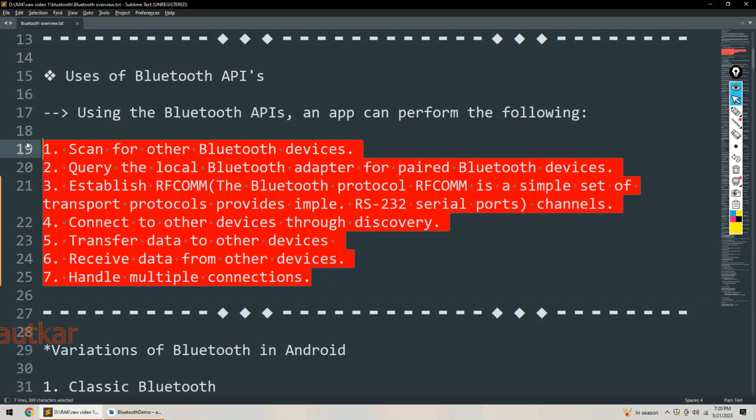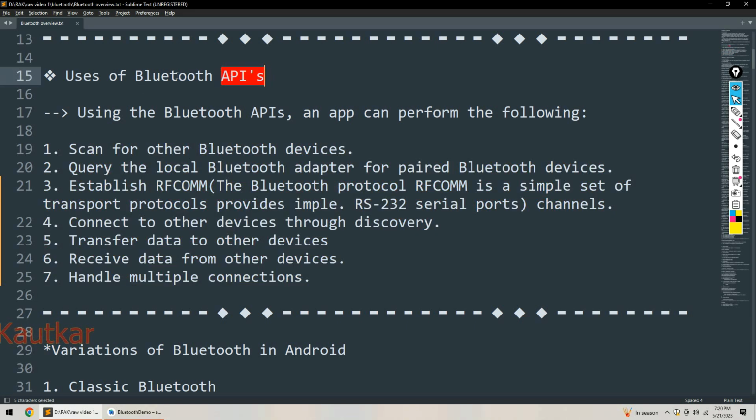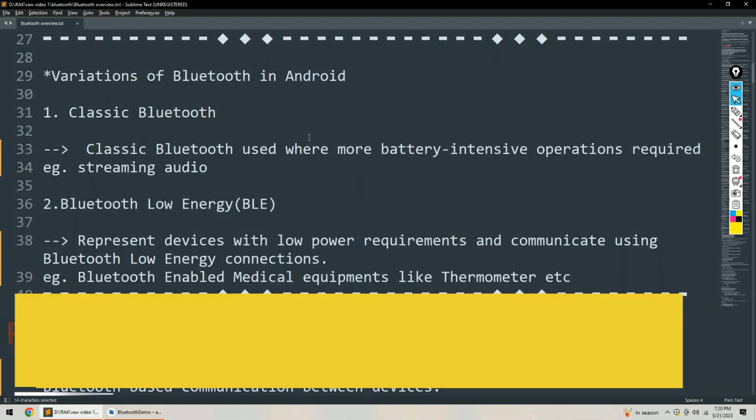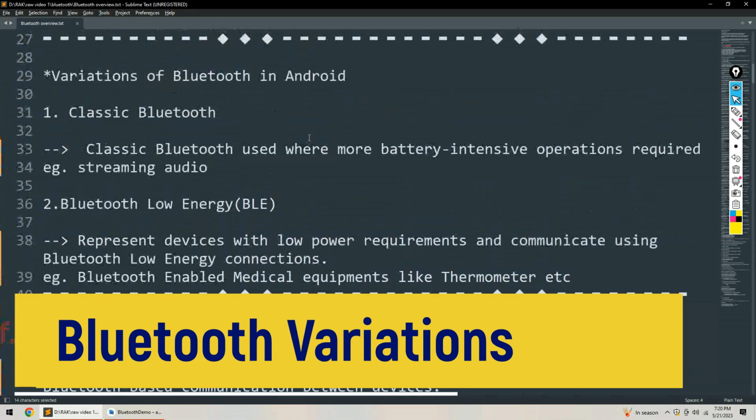So here we need to understand that to do all these things, we will try to use various classes and interfaces from these Bluetooth APIs. So in this video further we are going to see what various classes are available in the Bluetooth API. So next point, we have the variations of